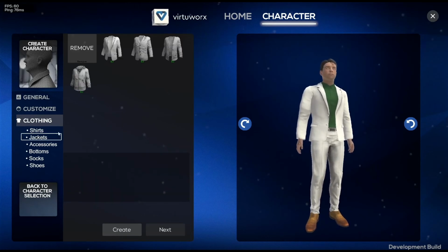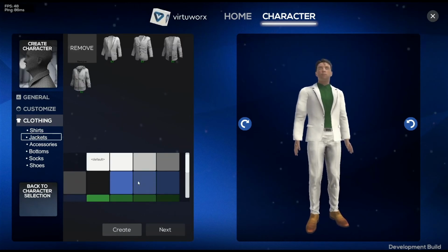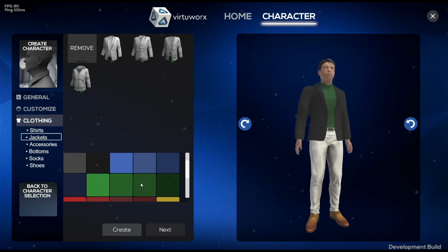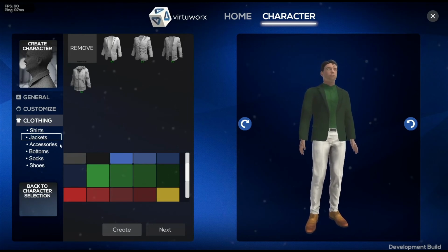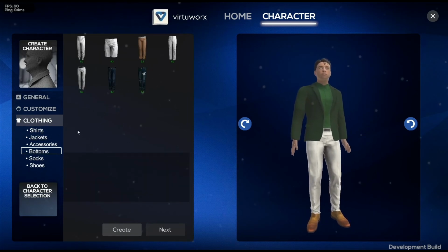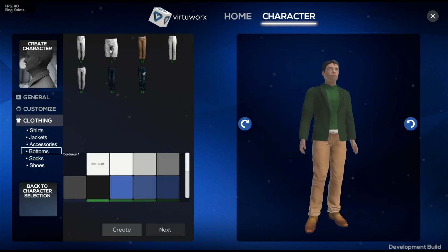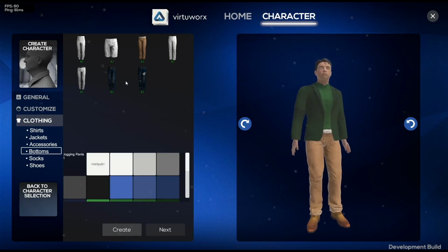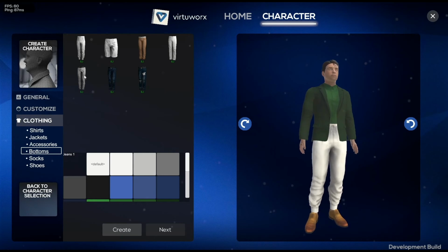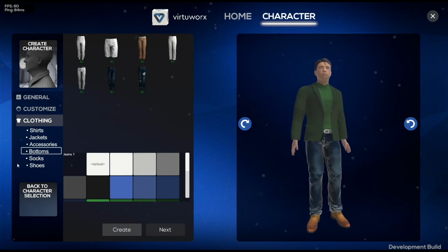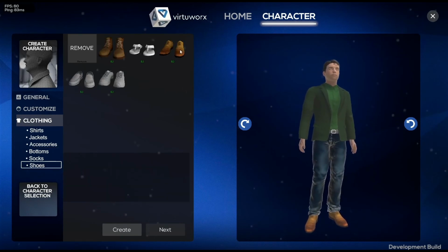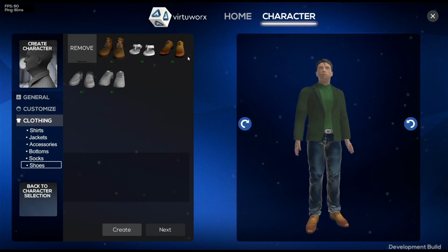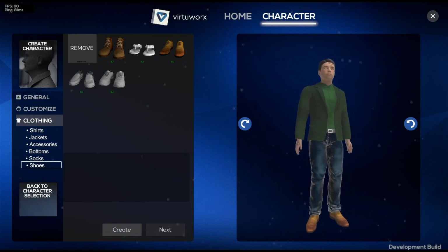From shirts, I can go to different coats or jackets, and again select the color that I like to best suit the style I have chosen. If I choose some trousers, I can find some shorts, I can find some jeans, and I can find again something that would match the style and aesthetic that I prefer. And then finally, there is a range of shoes. Once you're happy with all of this, use the create character button,